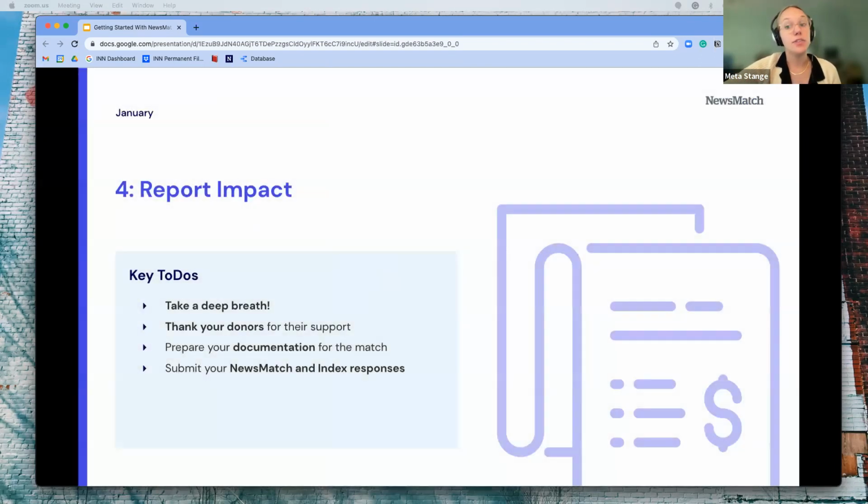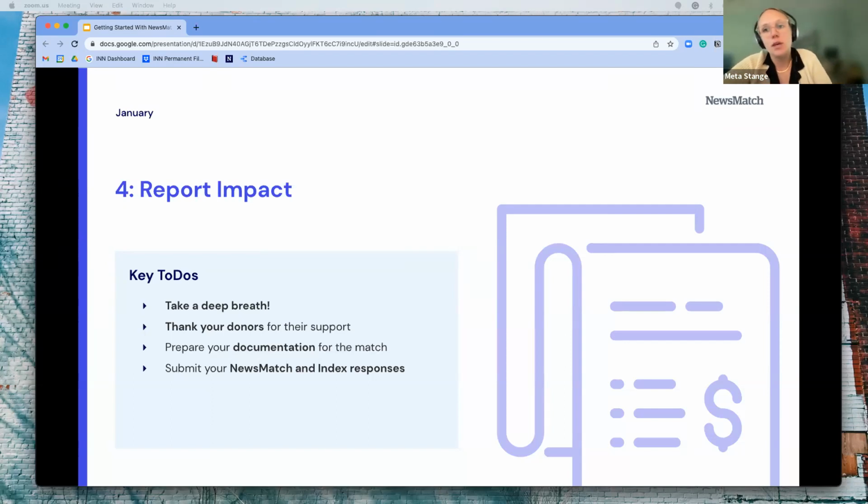All right, the final phase of NewsMatch is the reporting process. So you're going to want to take a minute and step back, pat yourself and your team on the back for all of the hard work you've done. You're also going to want to thank your donors for their support. During this phase, you'll prepare your documentation for the campaign. This enables us to verify the information to make sure you're getting your match, as well as measure the impact